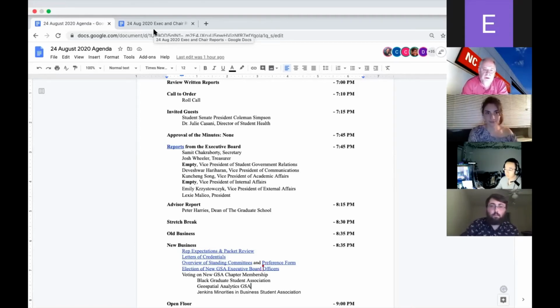Another thing that Lexi briefly mentioned, that I want to give her and Coleman a lot of credit for, is really pushing for the formation of this graduate student issues task force. It's a group of 10 folks. 5 of the people are students. I'm on it. Lexi and I are co-chairing it. There's an associate dean, Dr. Pasquinelli from the College of Natural Resources, who is a very strong advocate for graduate students. There's a DGP, Dr. Kara Peters from Mechanical and Aerospace Engineering, who I also think is a very strong advocate